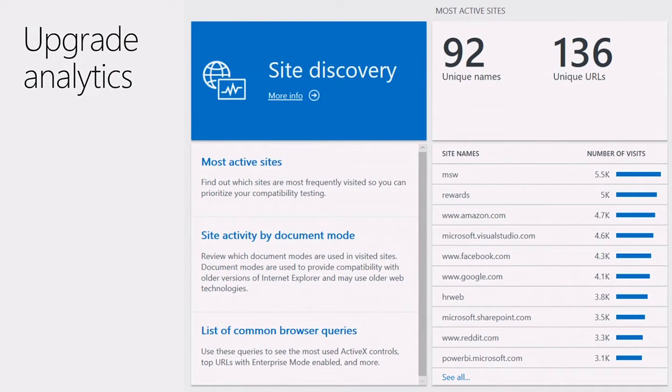I do want to emphasize one thing about the last two methods, Enterprise Site Discovery and Upgrade Analytics, and that's that it's not a web crawler. This is a way of creating a data-driven picture of your web environment, but it may not be holistic. In other words, I did a lot of ERP deployments in the 90s.